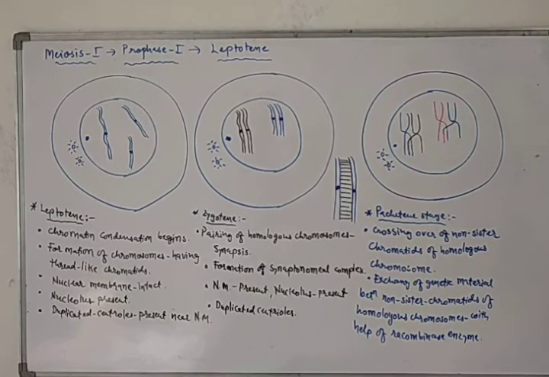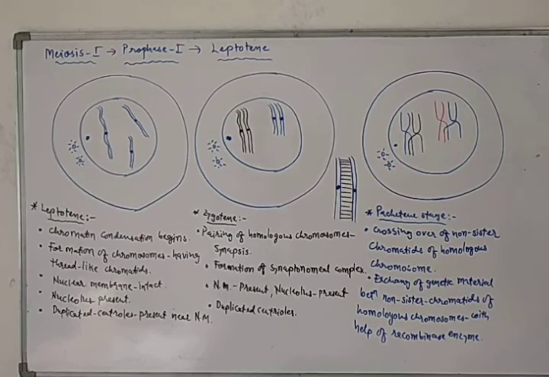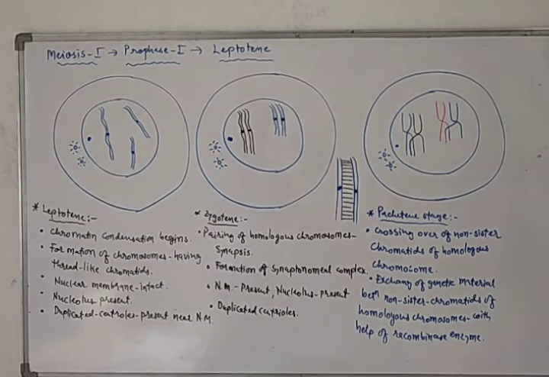So students, we are starting to learn meiosis 1, and in that we are learning prophase 1, and in that also we will start with the leptotene phase. We have already completed G1 phase, S phase and G2 phase. You all know regarding them, so we will not repeat them again, and you all know about the diagram of all the stages of G1, S and G2. So I am not going to draw all the diagrams again. Please try to learn that diagram as well as phases, and then you should start with leptotene. So we will learn leptotene today.